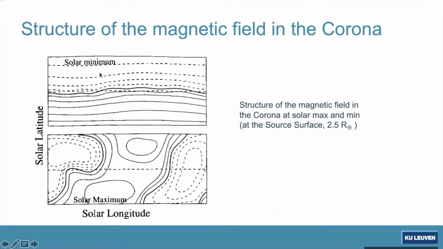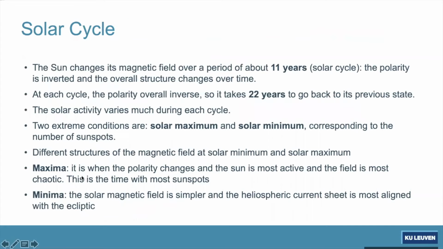Then the magnetic field overall is this one. During solar minimum it is nicely divided between positive above and negative below. In between there are the Helmet streamers. During solar maximum it is very complicated, and even at the source surface, this is the source surface, the magnetic field is much more complicated. Okay. So this kind of summarizes what I said, that there is an 11-year cycle,